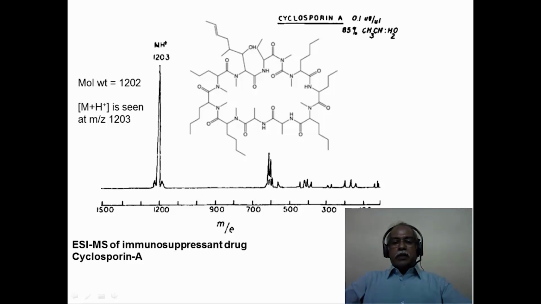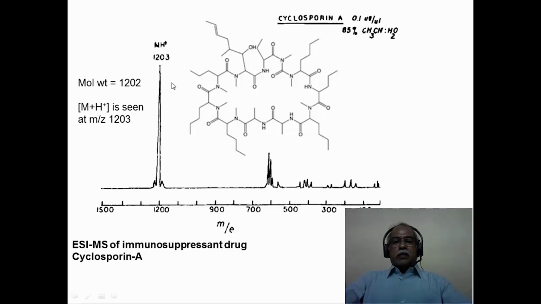A doubly protonated ion could be seen, for example, and this could be a triply protonated ion, and so on, depending upon how many protons are added to the substrate to give the specific ion. However, the most intense peak is the protonated species in this particular case.